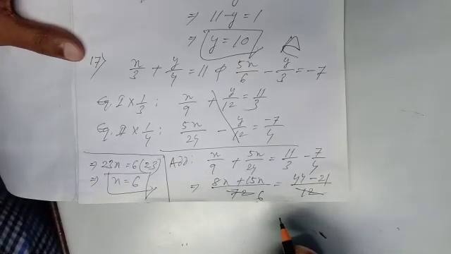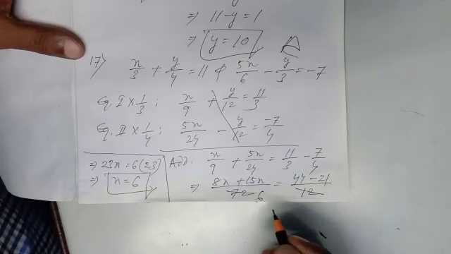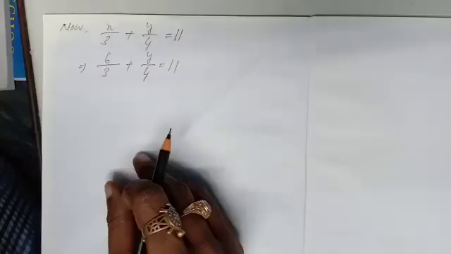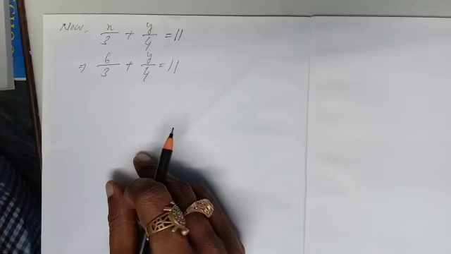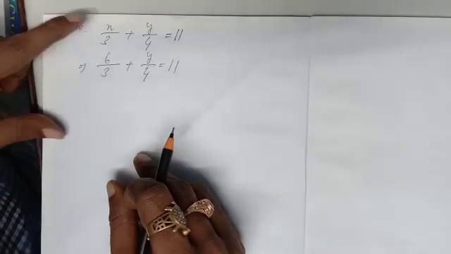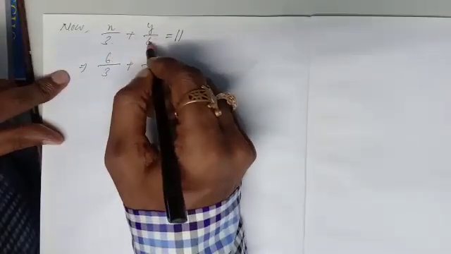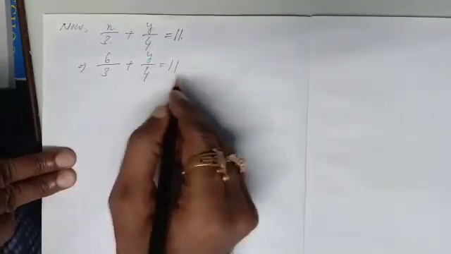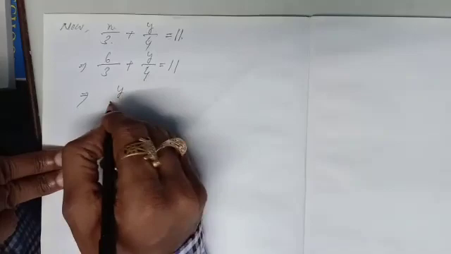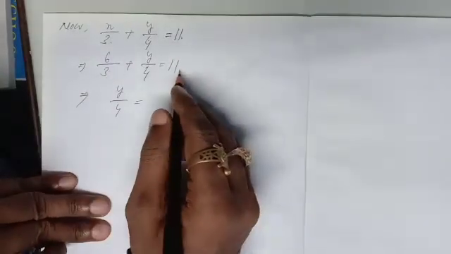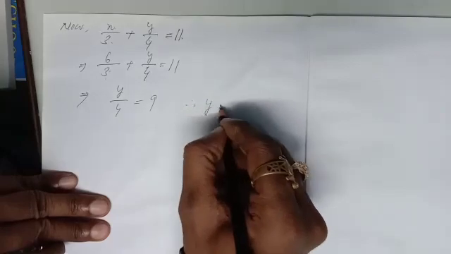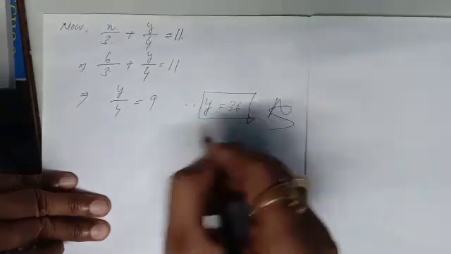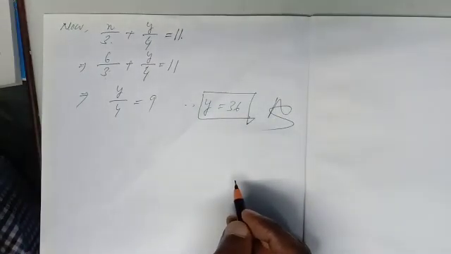After getting the value of x equal to 6, you can put it in equation 1 or 2, your choice. Just see, I am putting the value x equal to 6 in equation 1. Equation 1 is given: x by 3 plus y by 4 is equal to 11. We got the value of x here as 6, that means 6 by 3 plus y by 4 equal to 11. 6 by 3 means this will be 2. That means y by 4 is equal to 11 minus 2, that is 9. Therefore, y will be 9 times 4, 36. In this way, we are getting x equal to 6 and y equal to 36. We have solved question number 17 by the elimination method.